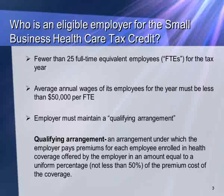In order to be an eligible small employer, an employer must meet three main criteria. First, the employer must have fewer than 25 full-time equivalent employees, FTEs, for the taxable year. Second, the average annual wages of its employees for the year must be less than $50,000 per FTE. And third, the employer must maintain a qualifying arrangement. A qualifying arrangement is an arrangement under which the employer pays premiums for each employee enrolled in health coverage offered by the employer in an amount equal to a uniform percentage, not less than 50% of the premium cost of